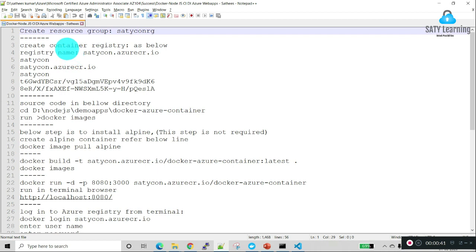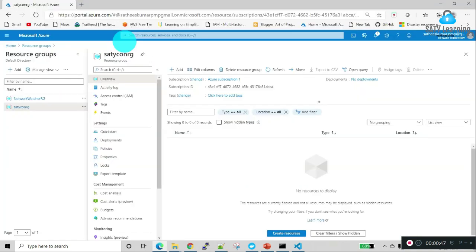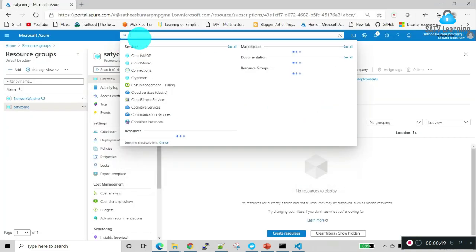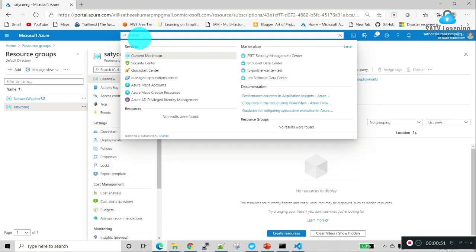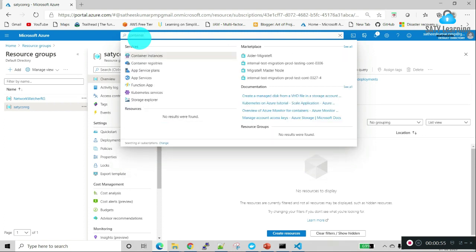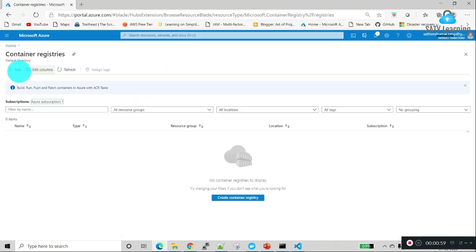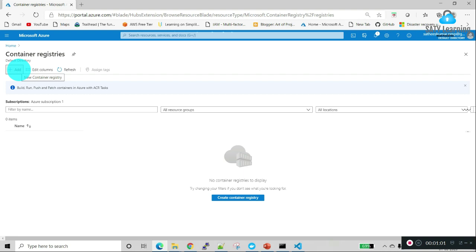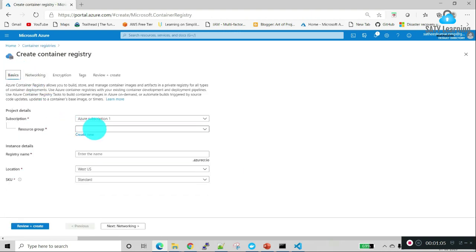The next step is we need to create container registries in the Azure portal. So we will go to container registries and create one. I am selecting the existing resource group.